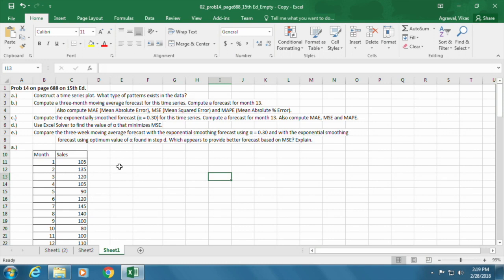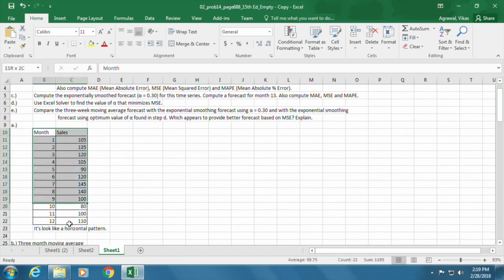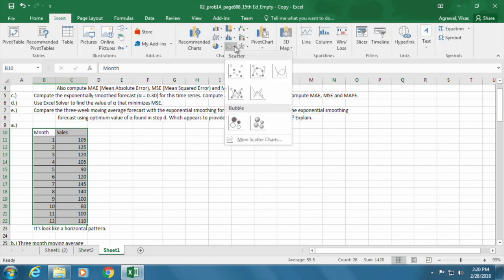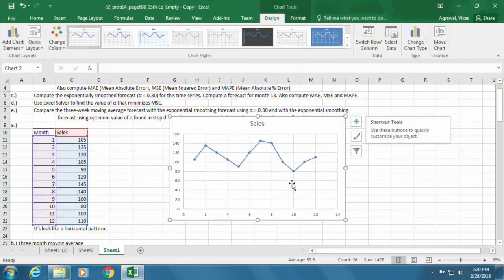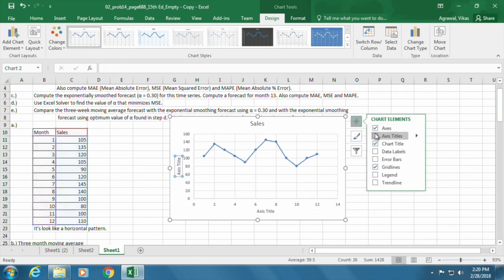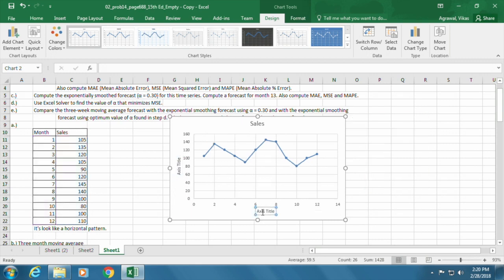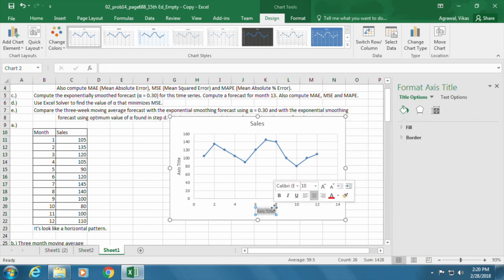So to find the pattern in the data, we'll select the data set, go to Insert, and select the scatter plot here. And you can always add axis titles here. So on x-axis we have months, and on y-axis we have sales. So if you look at the pattern in the data, it does look like a horizontal pattern, which means